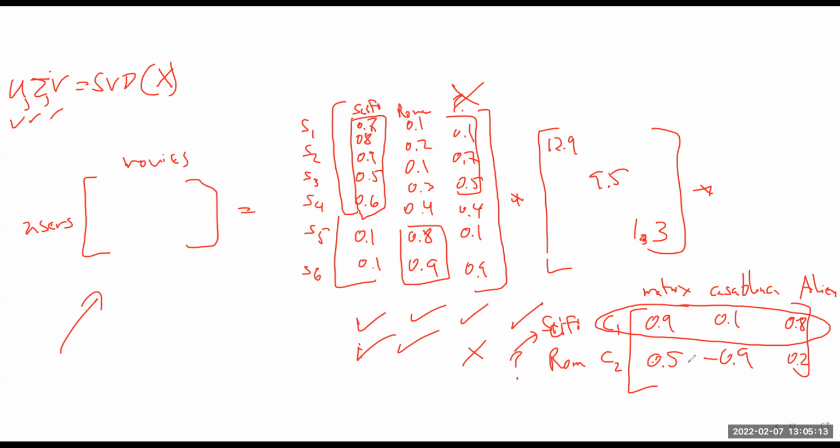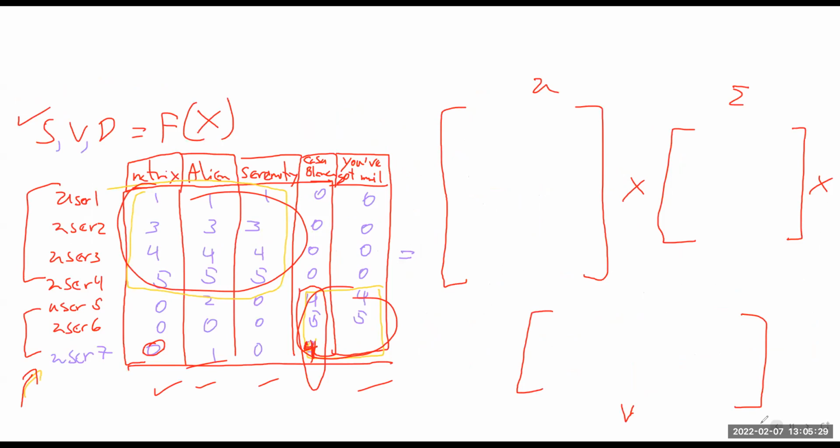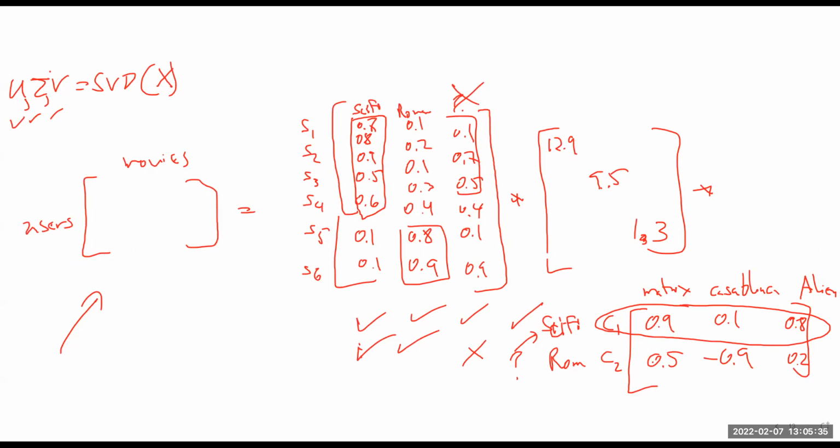So I think I've said everything. So that was the example. Is that clear? I just filled in some of the numbers, but obviously these numbers are not exact. They're not the numbers from this original data. I just made them up, right? But they would look like that. So remember, it's three matrices.